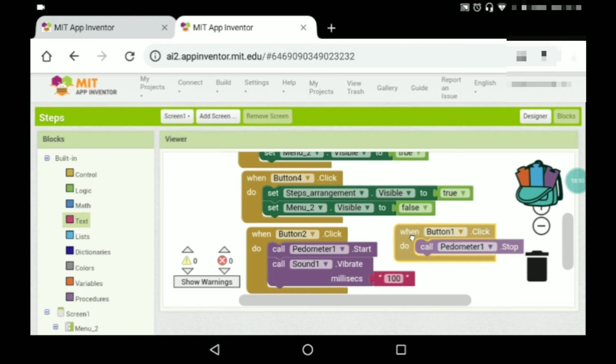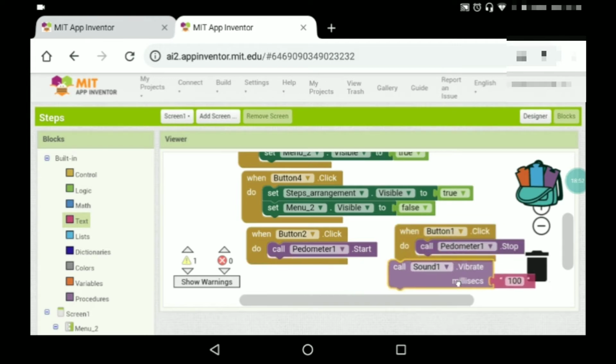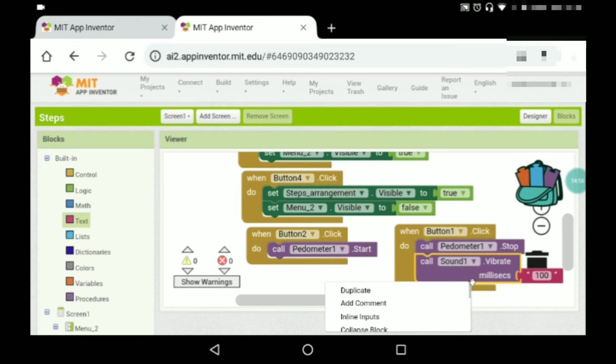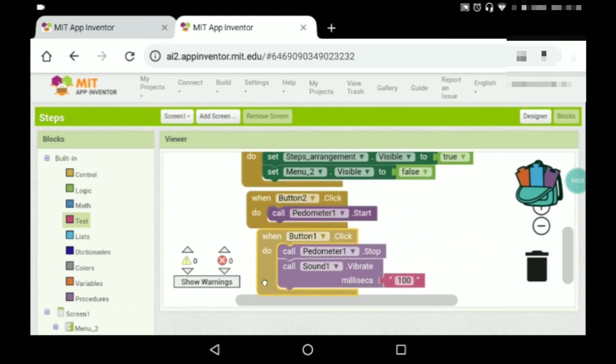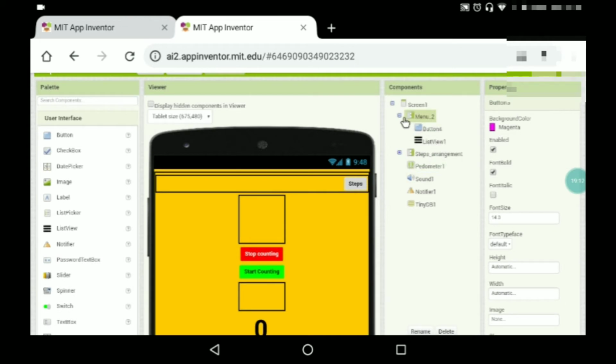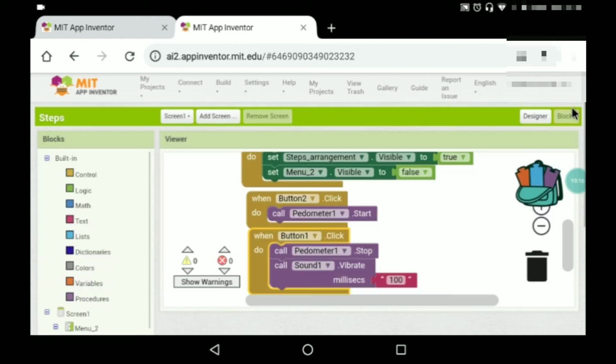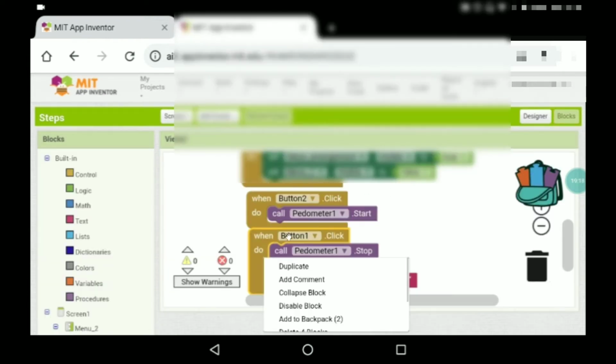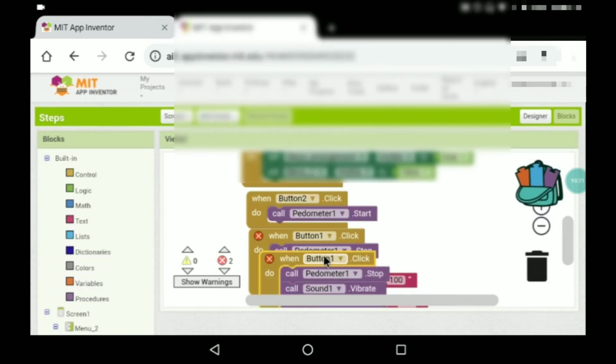So sorry, it should come when we stop the pedometer, not when we start. Okay, fine, it's better to put it when we stop. Okay, so now here this button is button number 3. Okay, fine. We will just duplicate this button